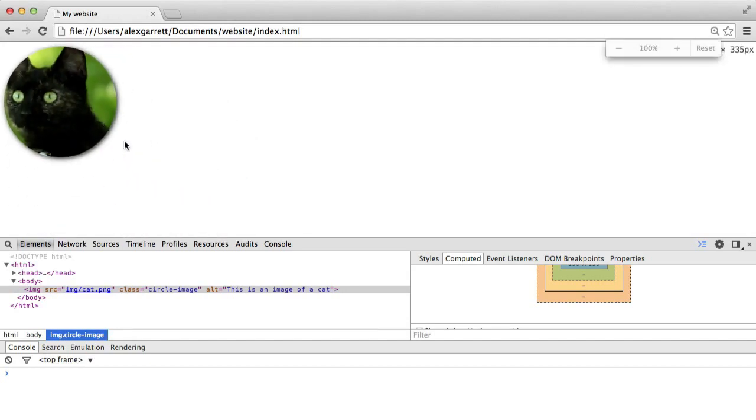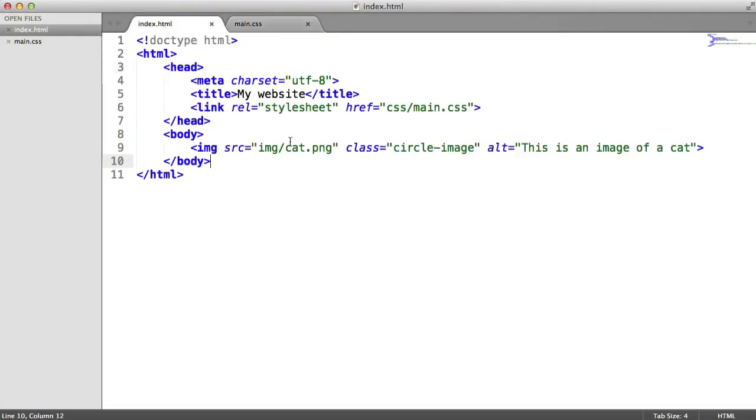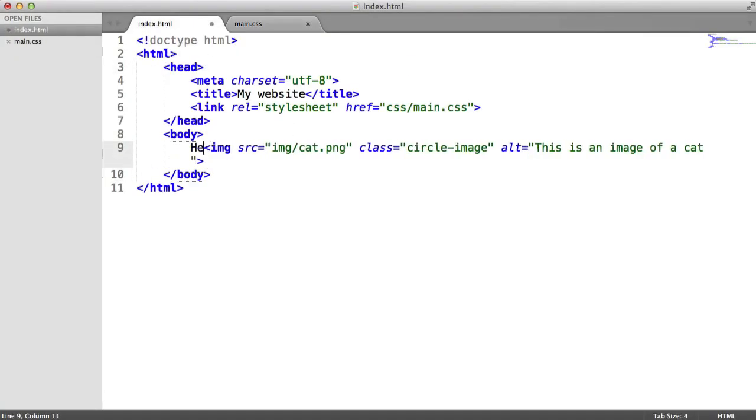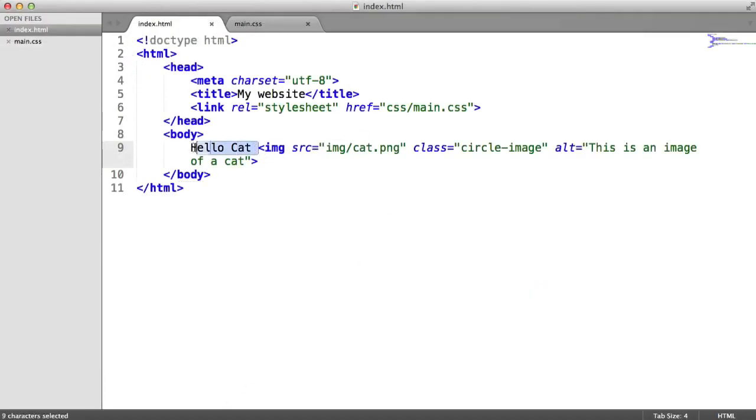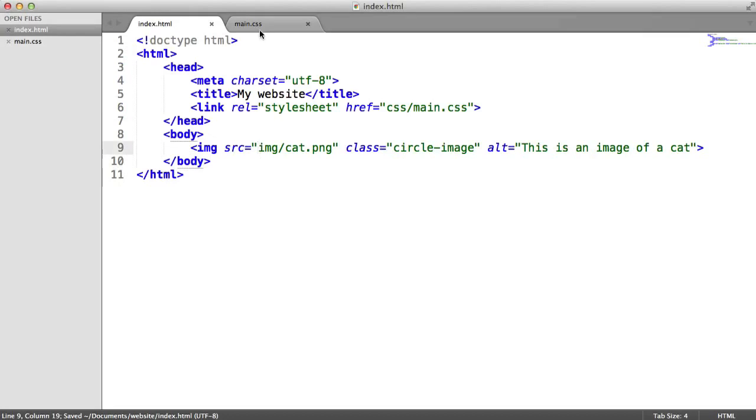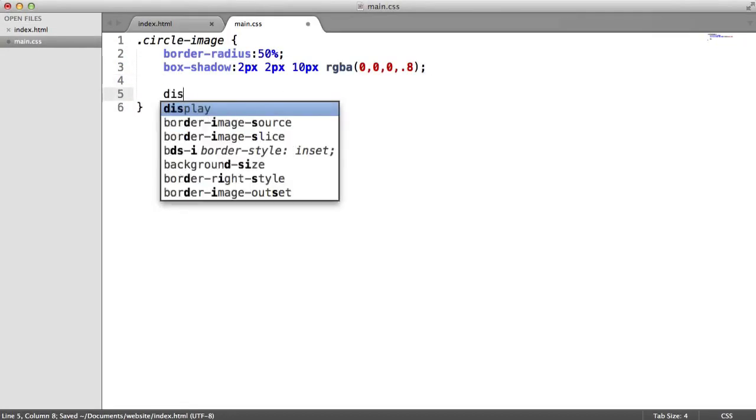So you can play around with images pretty much as you would a div element. The only difference is that these are inline. So if I was to type "hello cat" there, you can see that sits inline to this element. So it sits inline, and the text sits at the bottom of that. If you did want this with text above it and below it, I wouldn't necessarily recommend setting an image to a block level, because as soon as we do that,